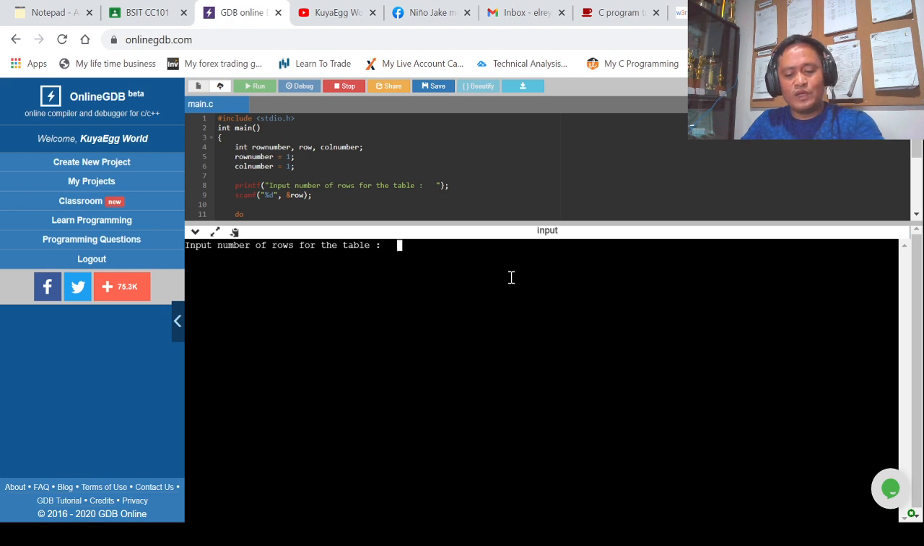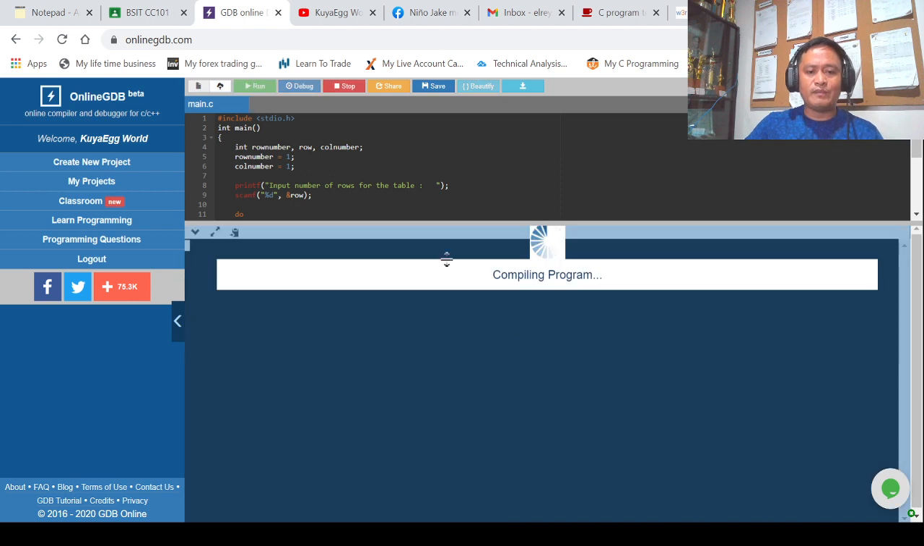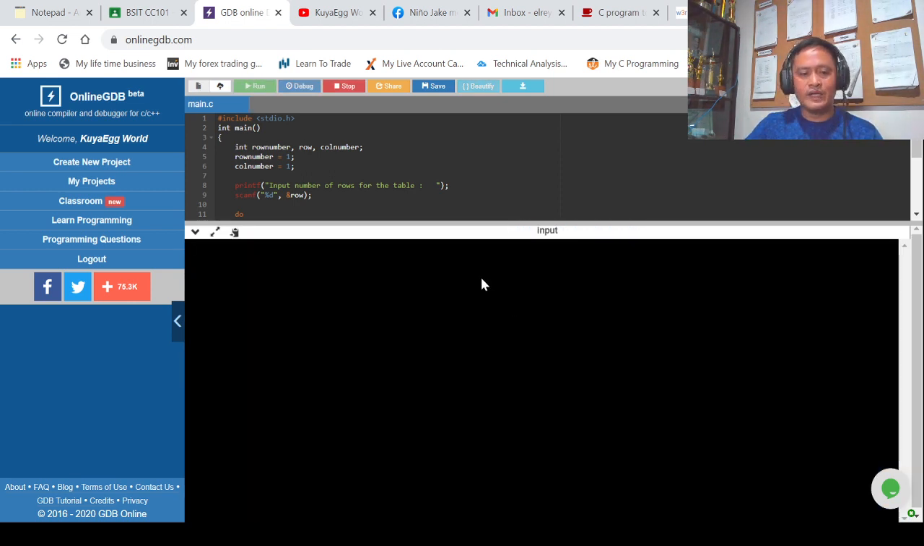So for example, we issue 10. When we press enter key, then we are trying to create a multiplication table of 10. It's so dynamic, right? It's a very nice program. 2 4 6 8 up to 20, 3 6 9 12, and so on and so forth. Let's try 15. I'm trying to consider the size of our screen. And when we press enter key,